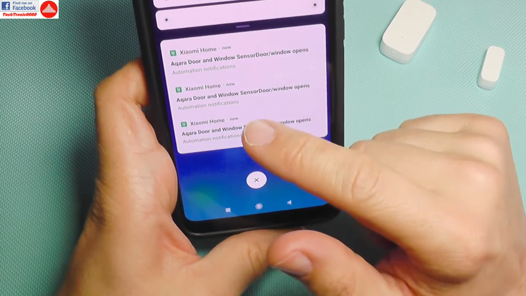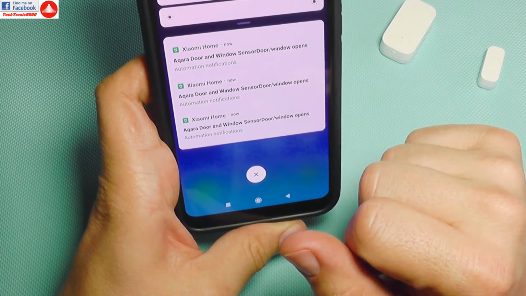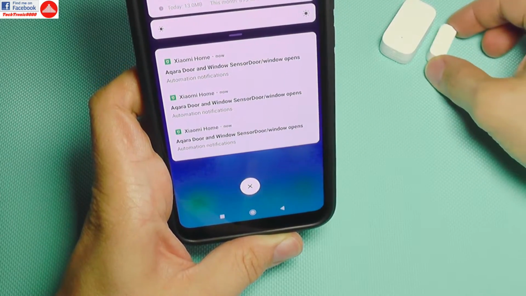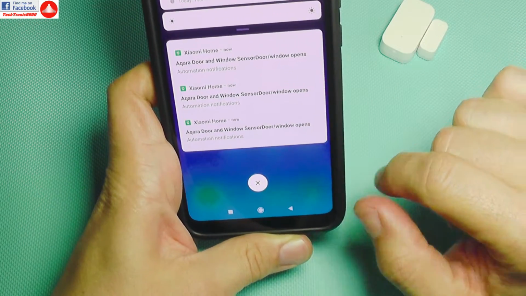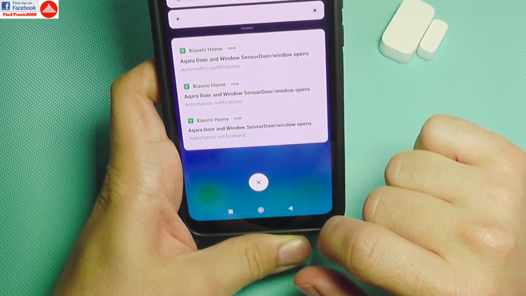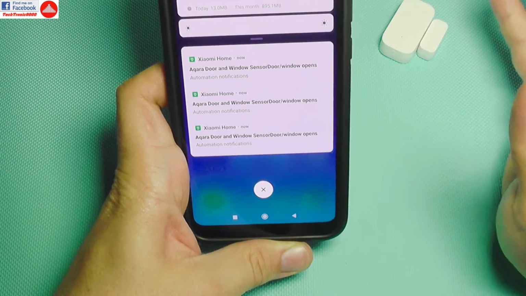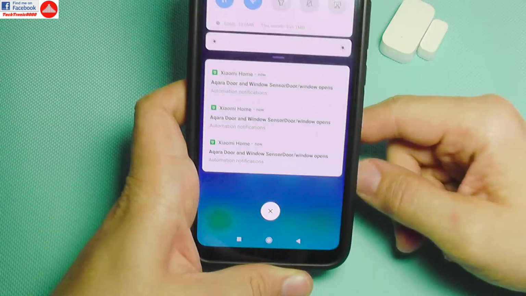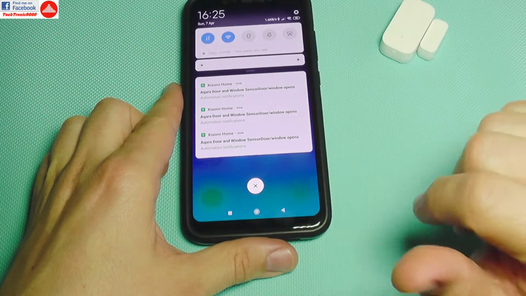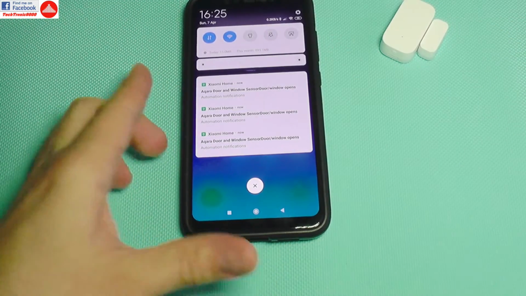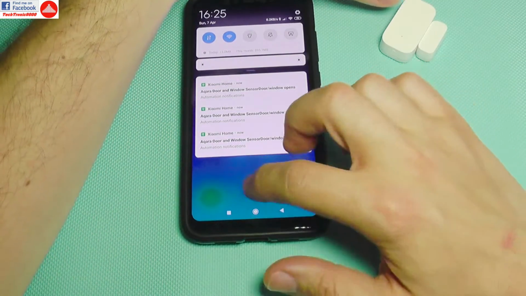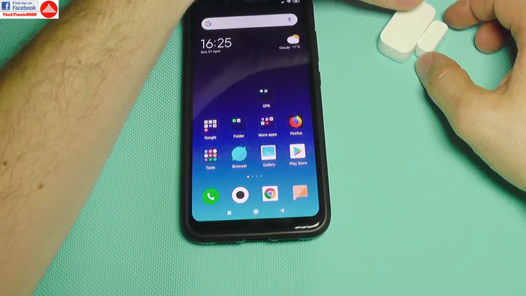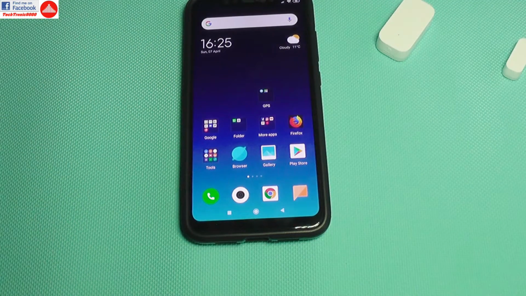So Aqara door window opens, and if I put it back, let's see, it will not do anything because I have not programmed it to notify me that it has closed. So each time when I'm going to delete those notifications. Each time when the door opens,